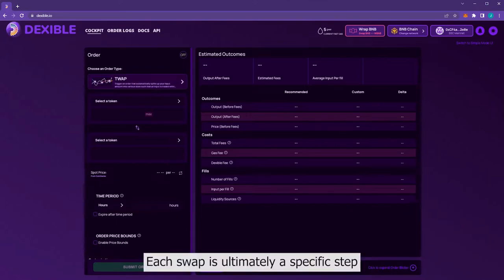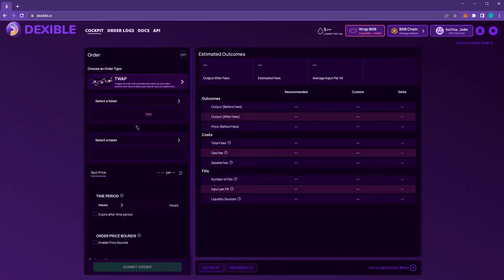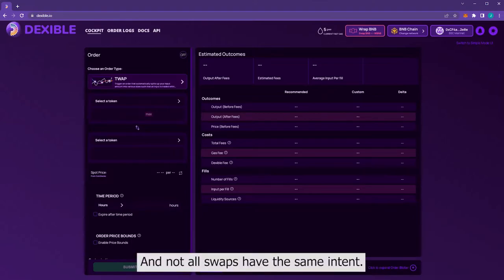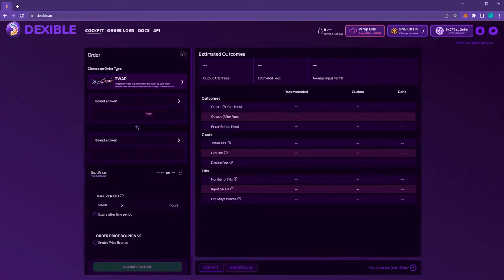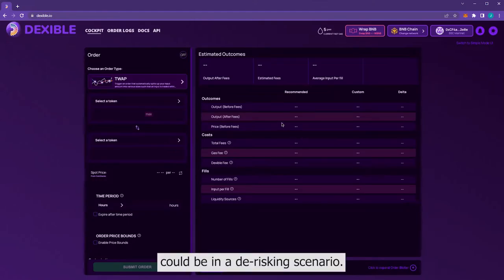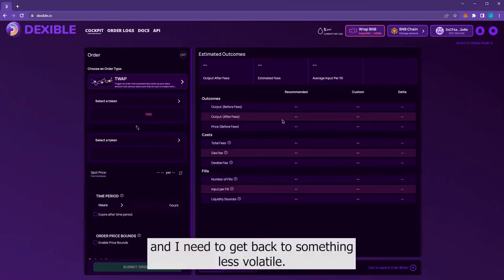Each swap is ultimately a specific step of a larger strategy for capital allocation. And not all swaps have the same intent. The situation for the swap we're making here could be in a de-risking scenario. Let's say I'm trying to draw down my exposure to an asset and I need to get back to something